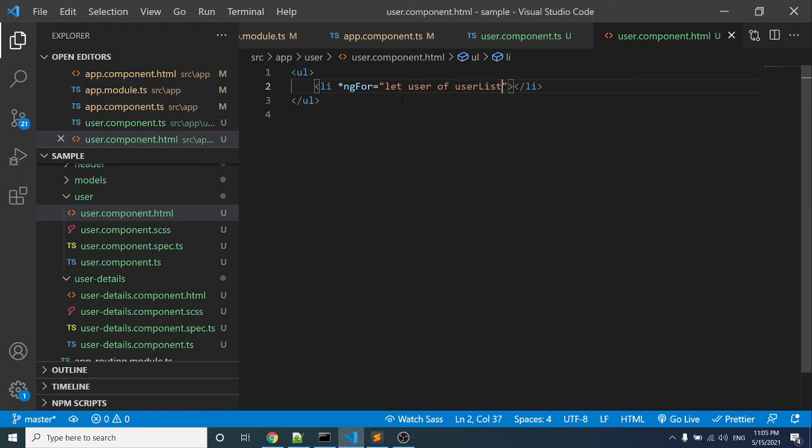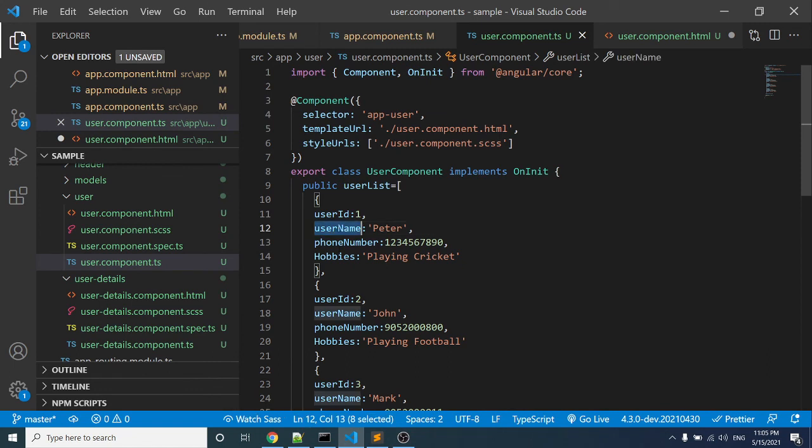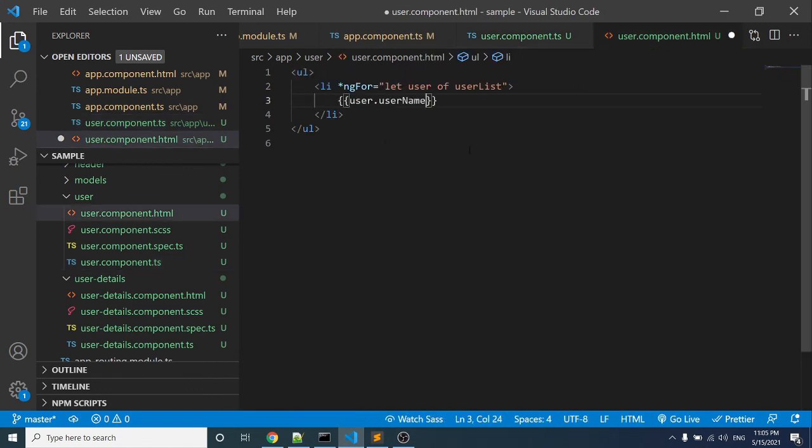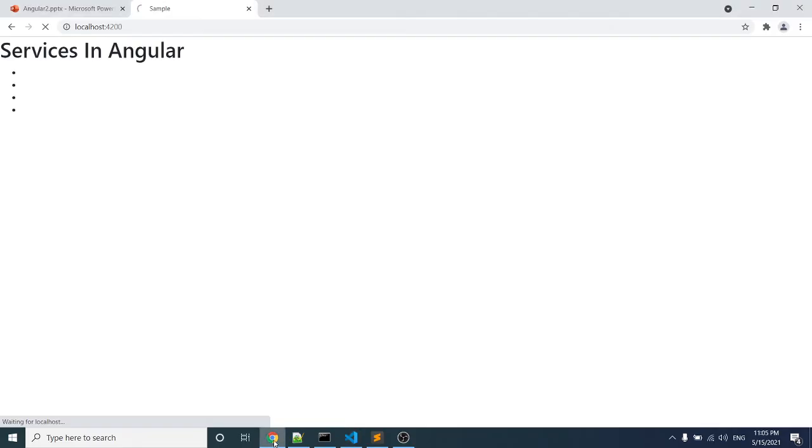We have already seen the ngFor structural directive in the previous sessions. In this template, we'll display only the username: user dot, what is the property for the username? You can copy username and paste it inside the template. Let's go to the browser. Here you can see we are able to display the usernames in the component.